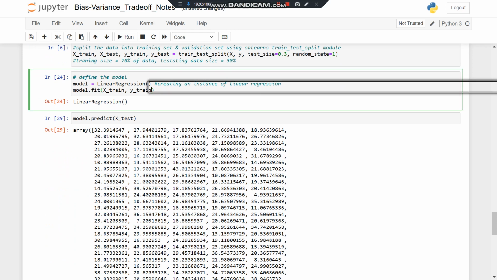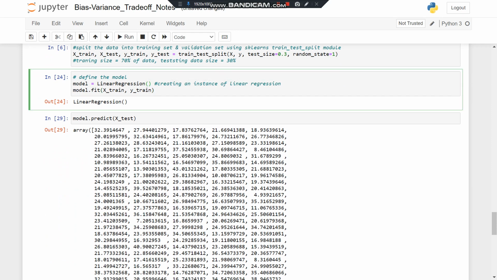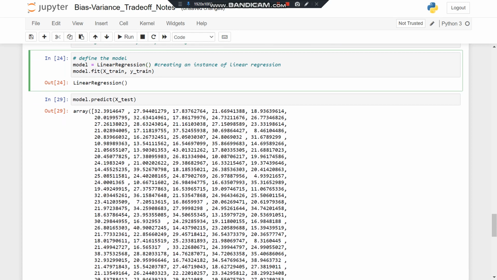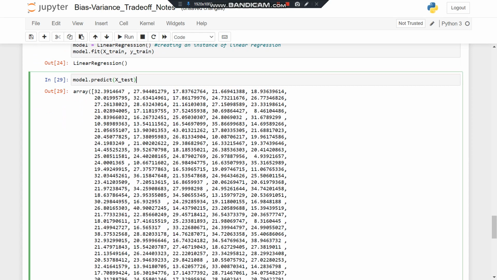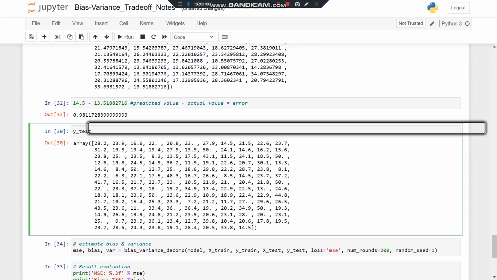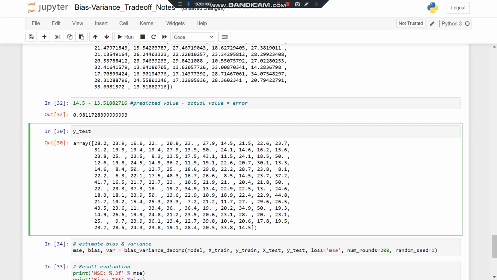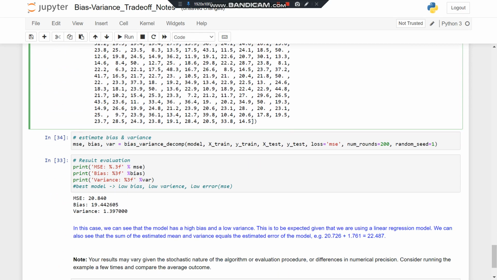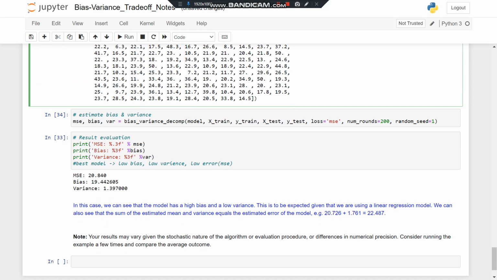Then we will create an instance of the linear regression algorithm, then we will fit it on the training data, and then we will predict on the testing data. So y_test is our original testing points, and these are the predicted ones. From that we will find the model's MAE, error, bias and variance, and here you can see MAE, bias